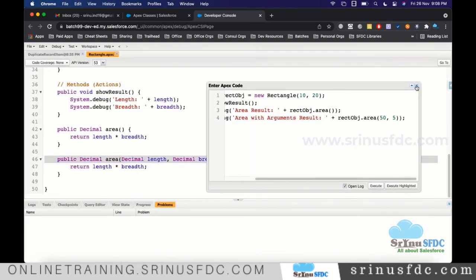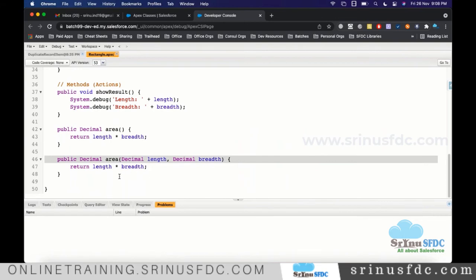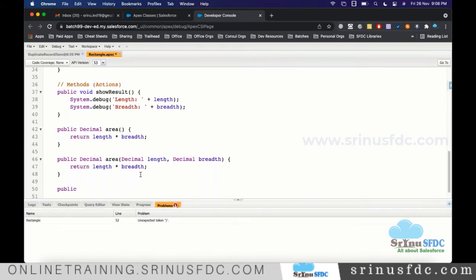And now let's define one more method. Public. Most of the time we define public methods. If there is a need, we can also define a method as private, protected or global, as per the requirement. So for now, blindly public. And the return type. After doing the perimeter calculation, are you expecting any value in return?